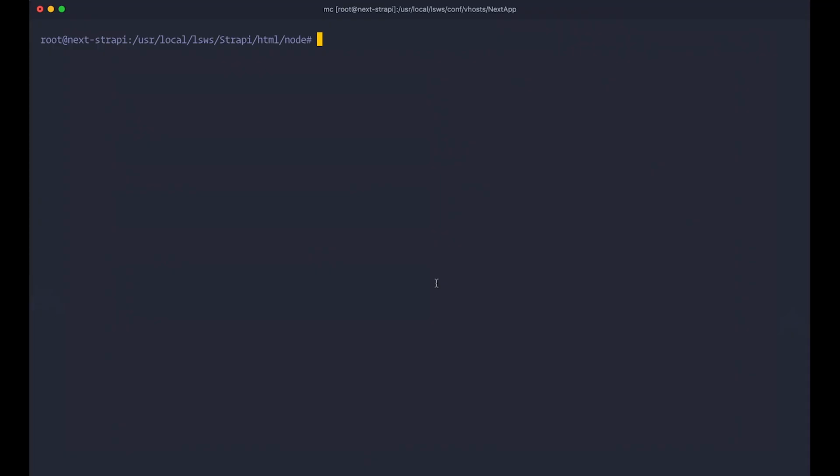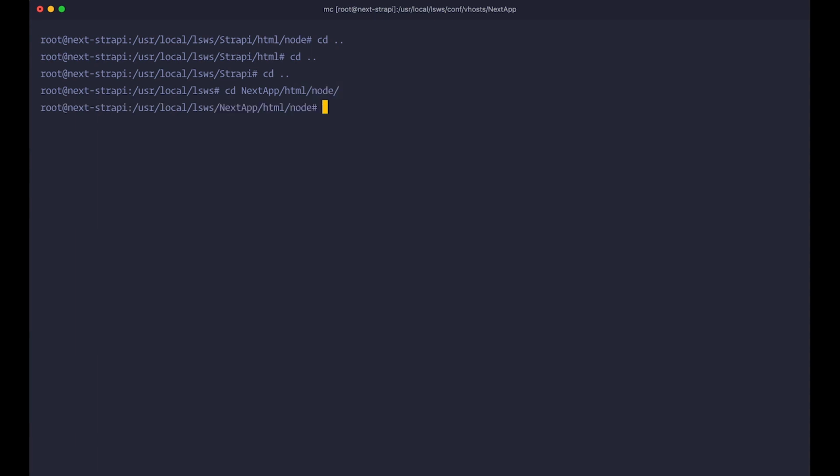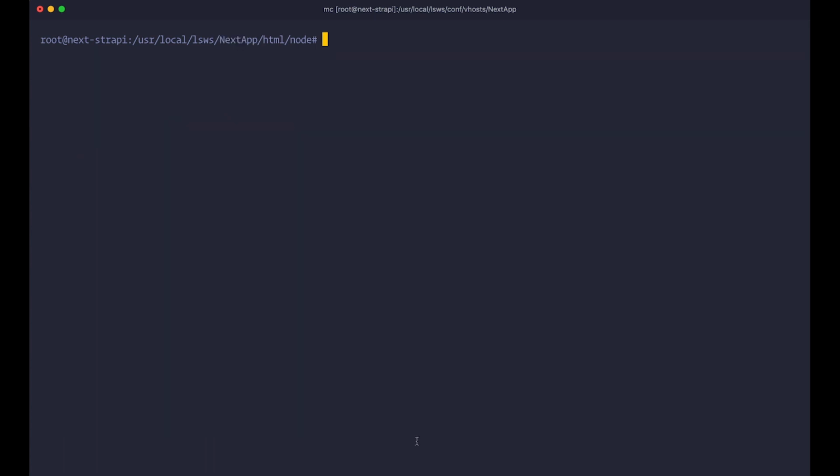Now in our terminal, we are also going to go a few steps back. So be in USR local LSWS and use cd into next app, and then HTML, and then Node. Okay, so we are here right now. Now, of course, we need to install our dependencies, so you just do npm install. Now, once this is finished, you can create your env file, because in our env file, we are going to have the URL to our API, which is, of course, going to be different for our production setup and for our local development setup. So you just do